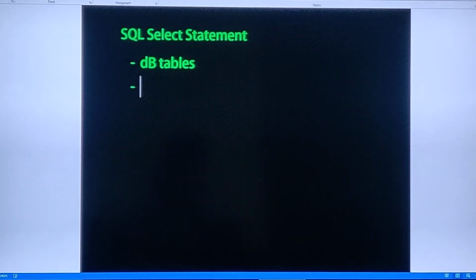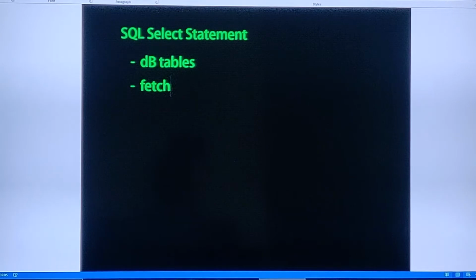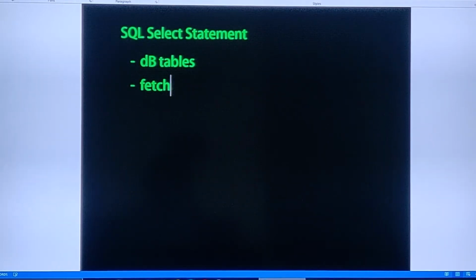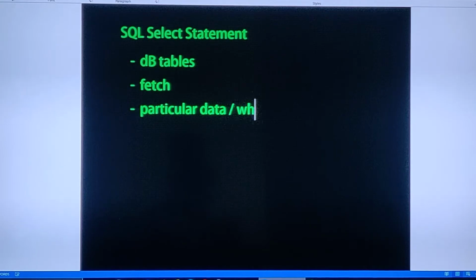So if we want to fetch the data, this SQL select statement is going to help us. As I told before, you will be able to fetch any particular data from a table, or else you can fetch the whole data available in any of the database tables.